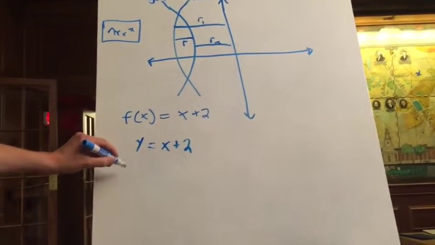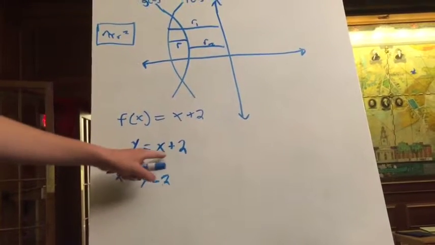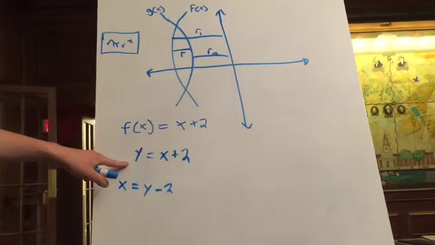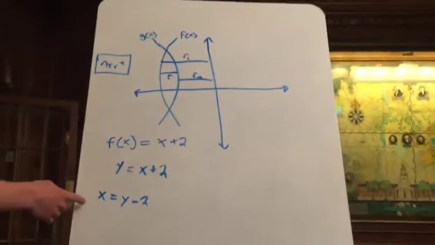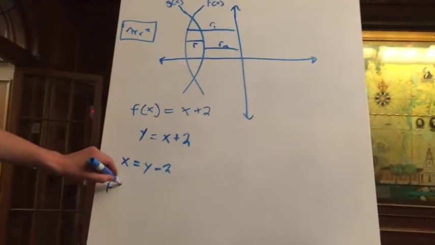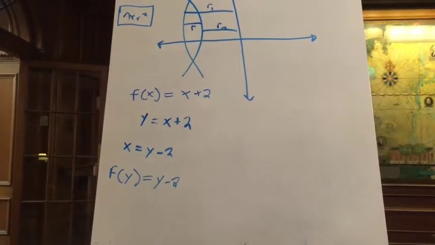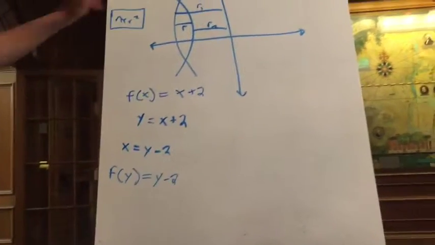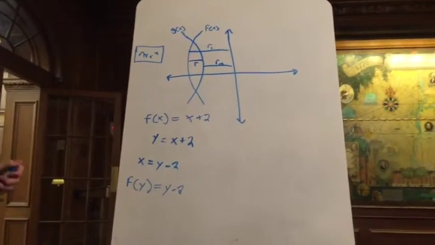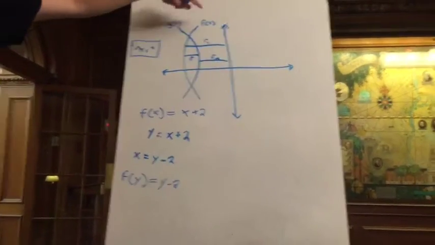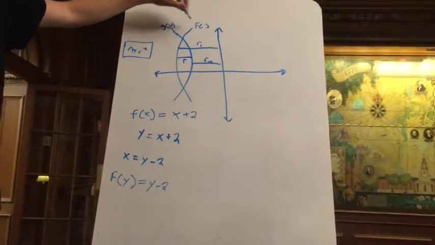And then x equals y minus 2 by subtracting 2 from both sides. This one in turn would be equivalent to f of y equals y minus 2. The equation y minus 2 doesn't define this curve, but just for example's sake, this is how you would switch it over. So once we've put g of x and f of x in terms of g of y and f of y,